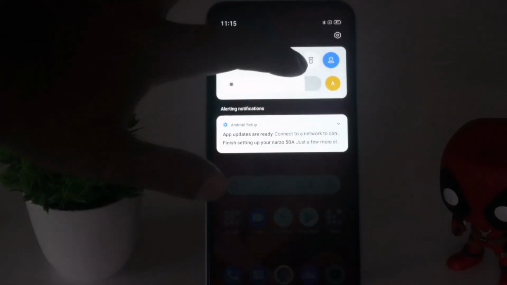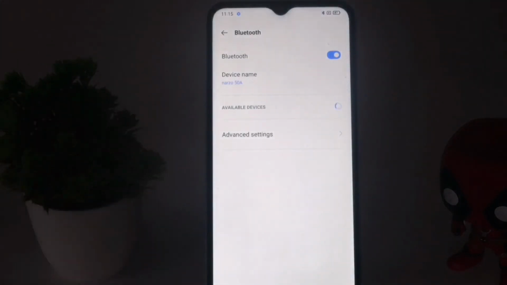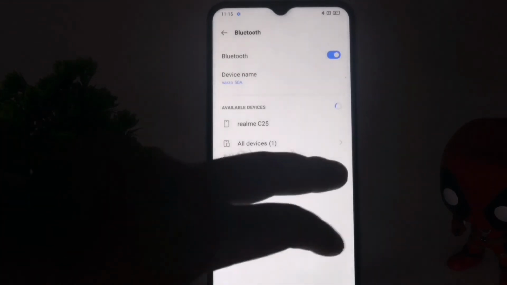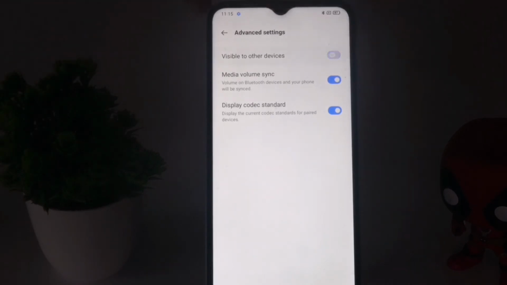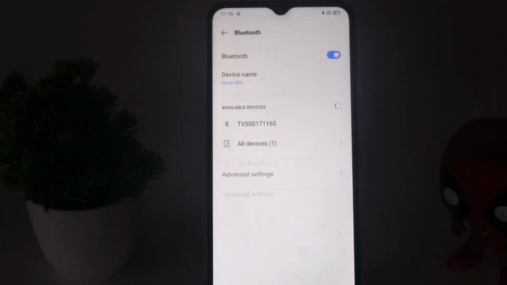So as you can see, if you go over here, we have options like so. Sometimes when you go to the advanced settings, if you turn off visible to others, then most probably the person you are trying to connect with will not see you on their device, and that is an issue. As well as you have to go for this. This is what you have to make sure of in some cases if you have any kind of issues with the Bluetooth.